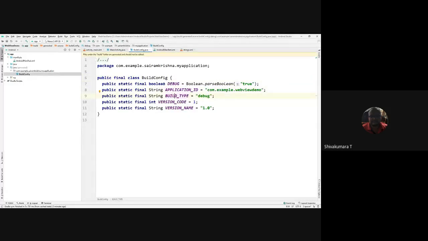This is generated automatically by the build Gradle for internal use. Then this folder is the resource folder. All the resources, like internal resources as well as external resources. See, observe there are 4 different sets of folders here. I think it's visible to you.